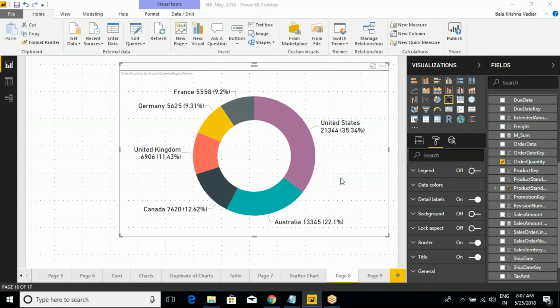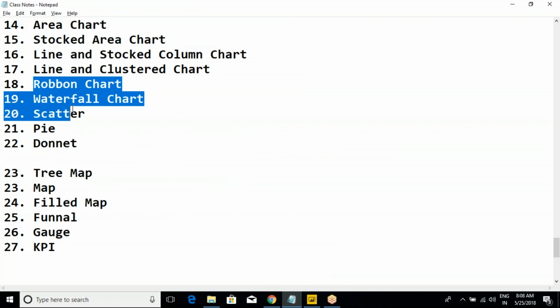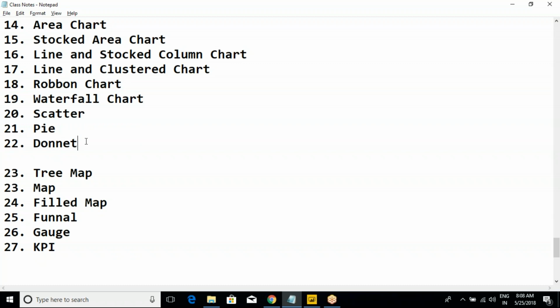So we started a couple of visualizations yesterday. We are about to complete all the visualizations today. So the next visual is, if you see the notepad, yesterday we covered the ribbon chart, waterfall, scatter chart, pie chart, and donut chart. And let's try to cover today